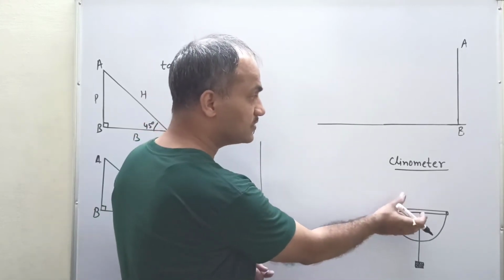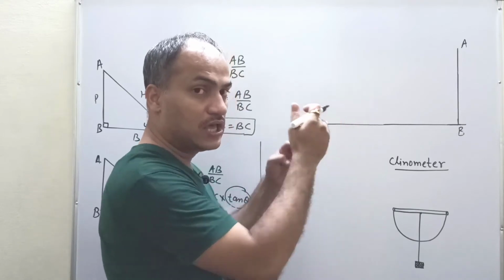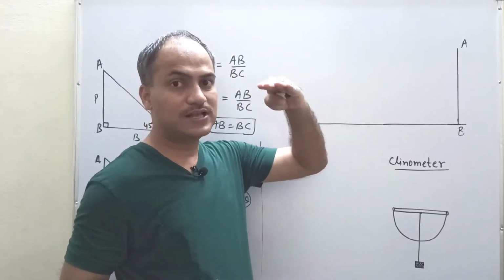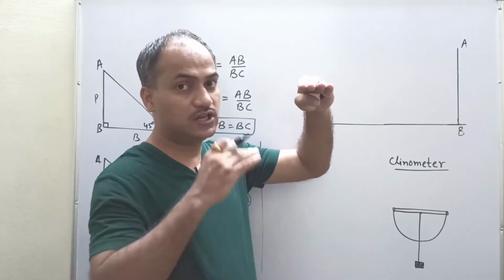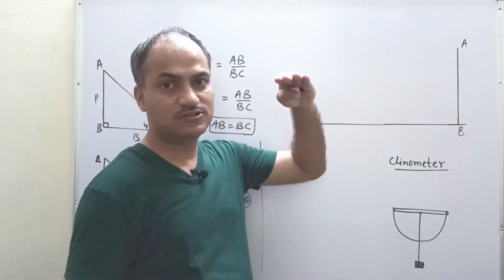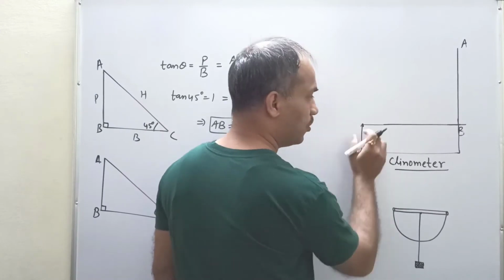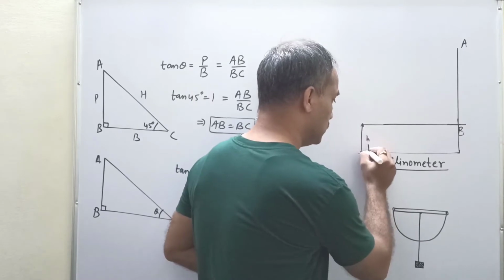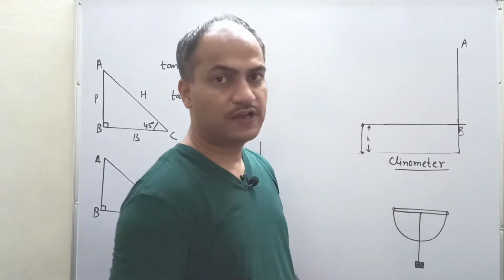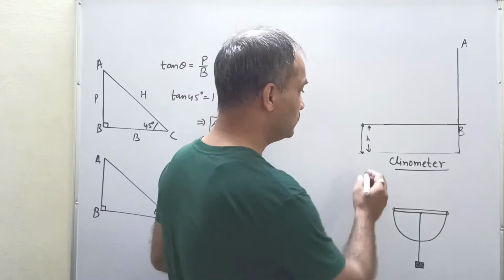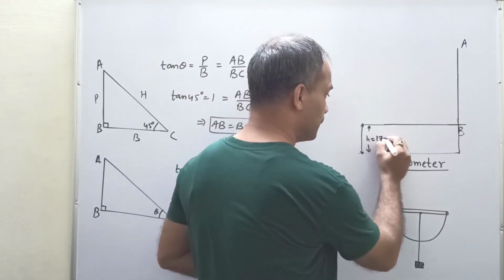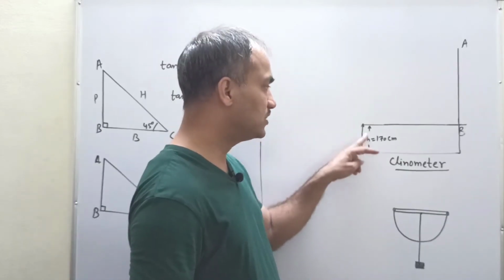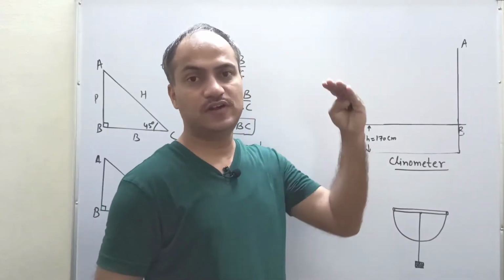Now this device you have to keep here, okay, into your level of eye. Remember, when you are measuring something in your level of eye, then obviously some height is also there. This is height of your eye level. Okay, suppose height of eye level. Fine. For example, we can say this is 170 centimeter. Just for an example, we can say the height of eye level is 170 centimeter.